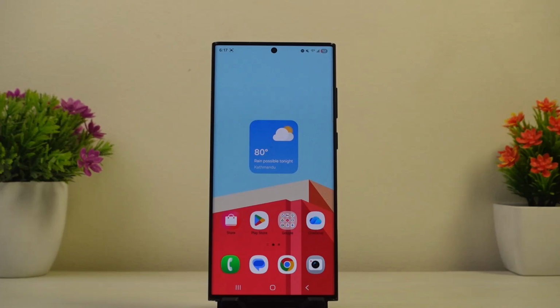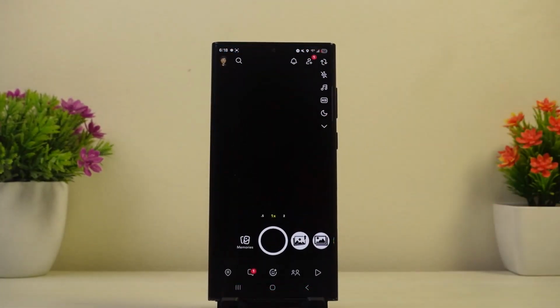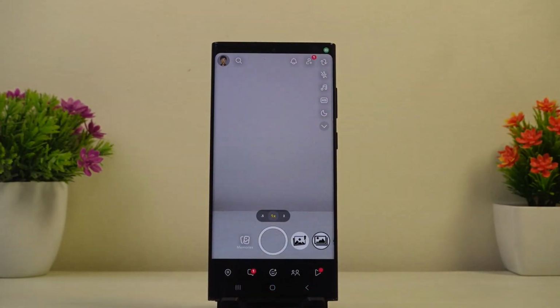How to use Snapchat My AI hidden feature tricks. To use this feature, first of all, go ahead and open the Snapchat application on your device, and once you do